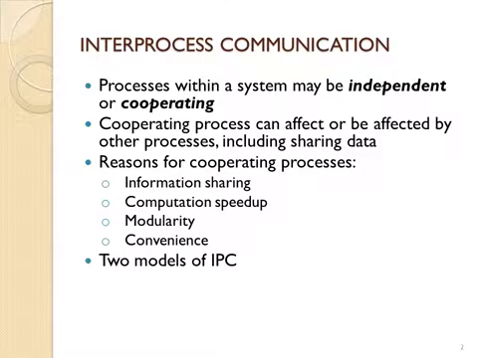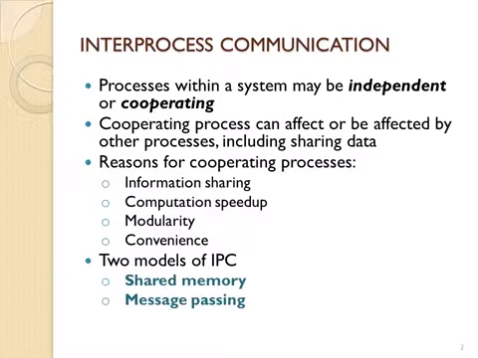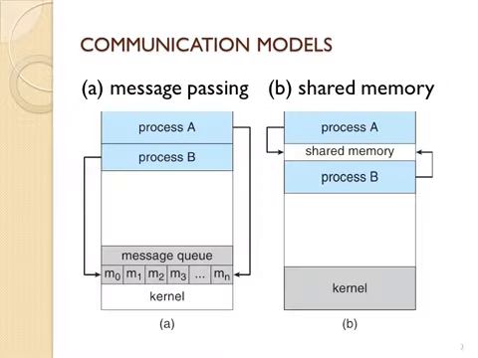Processes that work in a system can either be independent or cooperating. Independent means that they don't interact with any other processes, and cooperating means that they do interact with other processes. Obviously, there are benefits to having cooperating processes. You can speed up computations and share information, and the two basic ways that processes communicate are either by sharing memory or passing messages. So if you take a look at these figures, figure A shows message passing, and in